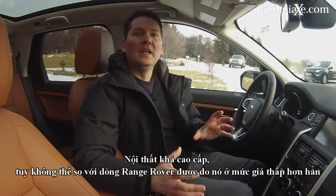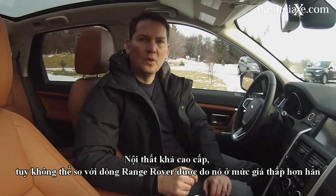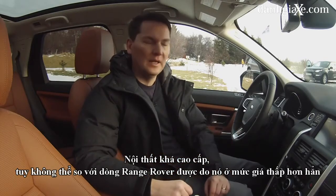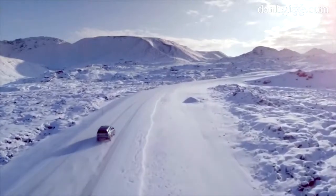So the interior is polished and upscale, not to the level you would get with a Range Rover or the price point of a Range Rover, but that's fine. It's not competing in that marketplace. So on the inside, I think they've done a good job. But it's on the road or off the road where this